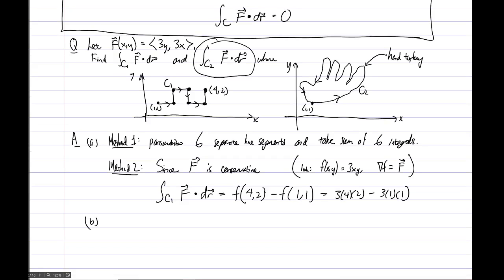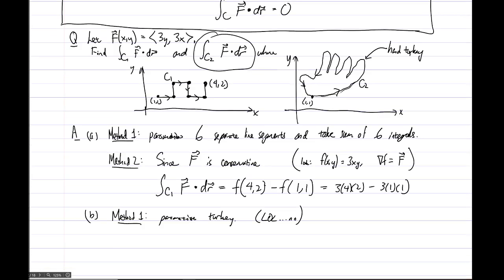this second line integral over the curve C2. So method 1, the traditional method here, would be to parameterize this turkey that we've drawn here, right? Ha ha ha ha, no. I don't know how we do that, right? It's just, this shape is too wacky for that. Okay, so method 2,